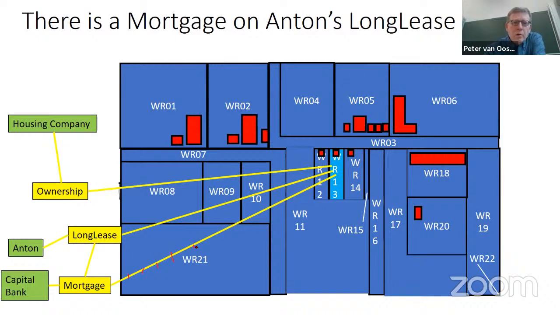But by now, I think my doubt was not correct, and that the link between the mortgage and the parcel is correct. So this diagram and also the other dashes were correct. So the mortgage is also attached directly to that parcel, but connected to the long lease, because that is